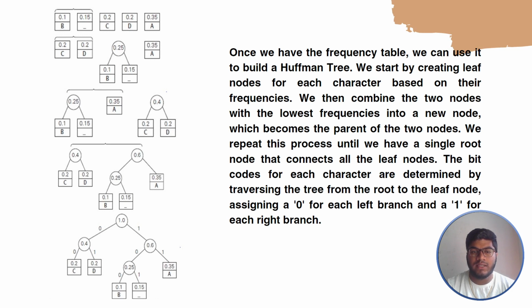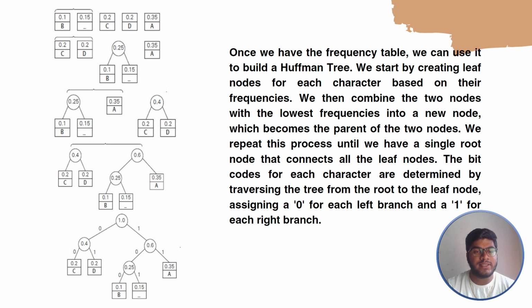We start by creating leaf nodes for each character based on their frequencies. We then combine the two nodes with the lowest frequencies into a node which becomes the parent of the two nodes, and we repeat this process until we have a single root node, as given in this figure, where 0.15 and 0.1 have been combined to get a new node that is 0.25, and the 0.25 and the 0.35 have combined together and got a new node that is 0.6,